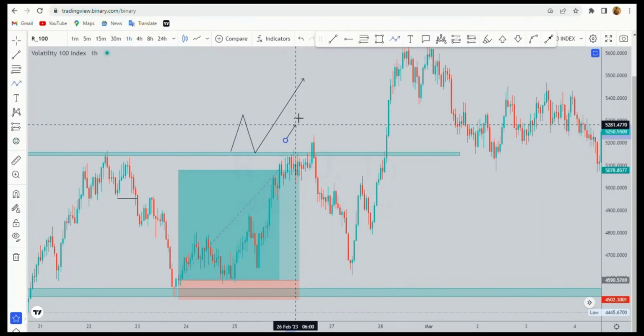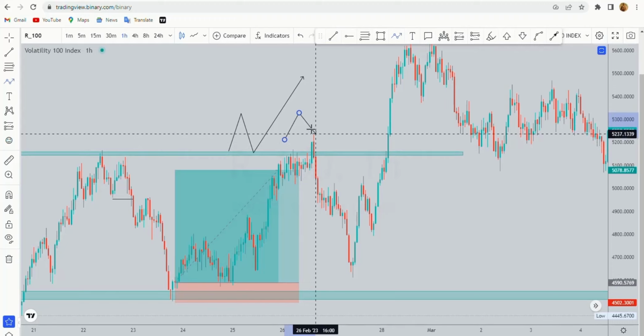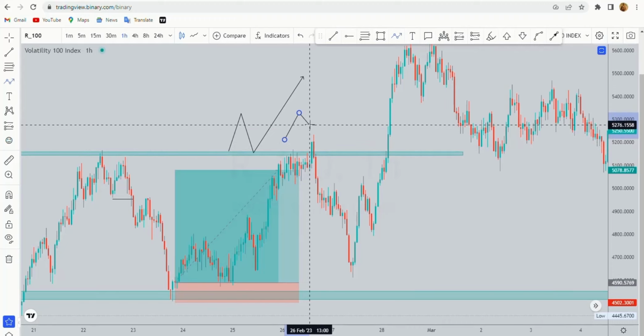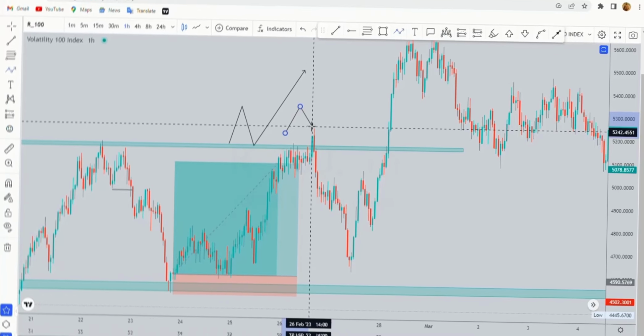The market can come, break our resistance, and go above. When it is coming back, guys, it may not touch the resistance that is broken. And guys, you can spot something like a continuation in the middle of a reversal or in the middle of a correction. So we already know that we are buying and the market is giving us a reversal correction, and in that correction you can spot something like a flag, maybe a wedge, maybe a continuation head and shoulder. So when we get